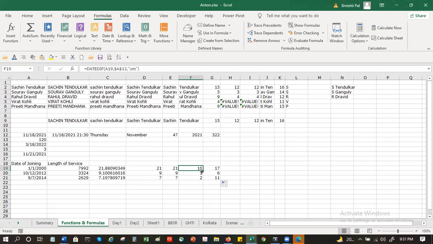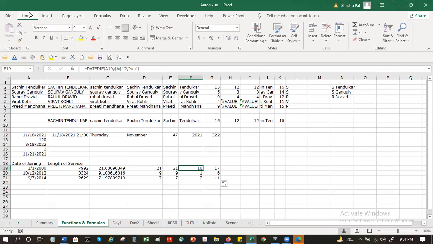I'll show it to you in the next class. We'll see that. I don't know why this is happening. This is happening in Google Sheets. This is happening in Open Office. But as far as Microsoft Office is concerned, if I try to hit F4 now, the data is going haywire. What you can try is, I think in 365, I might be wrong, but you can check it out, the way I did that copy paste and paste special formulas, if you do that, it will paste it with the dollar.